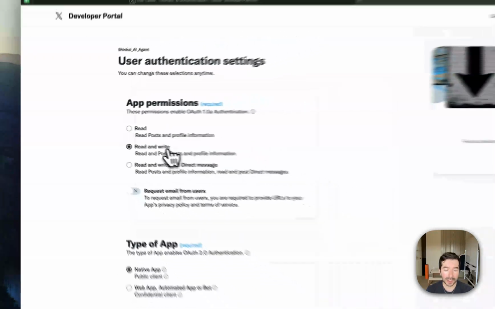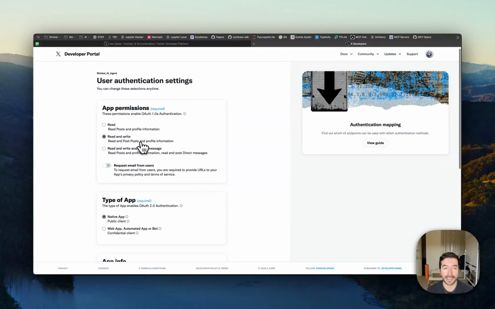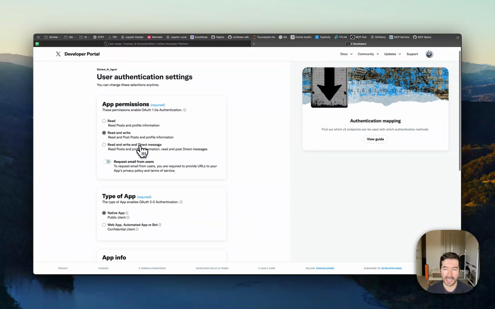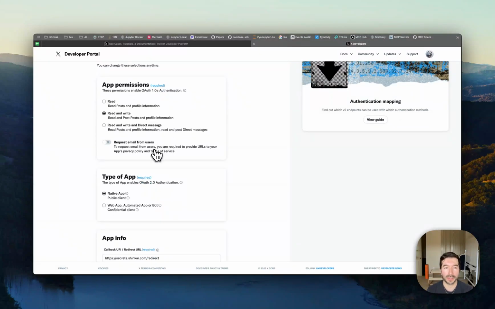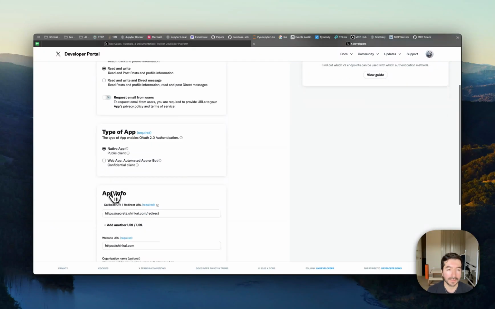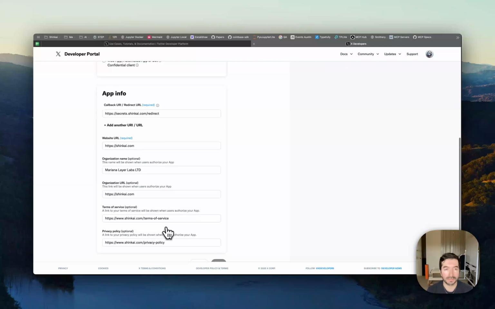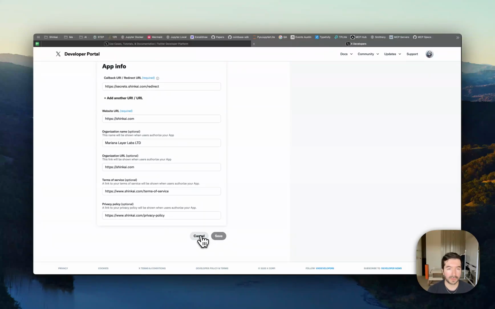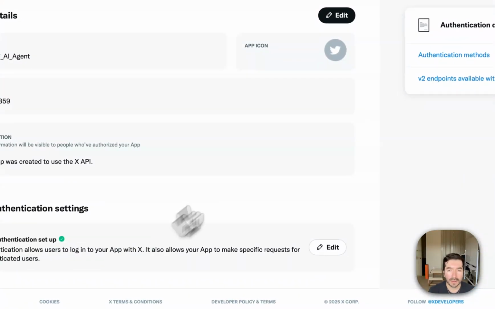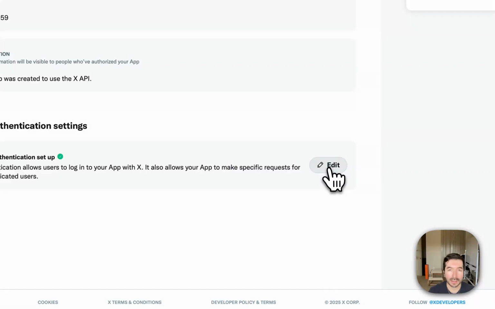In app permissions, we need to do read and write. You need to pay a lot extra to have direct messages, so we are not doing that one for now. Native app, secrets.shinkai.com/redirect, and everything is very straightforward. Okay, so now we are going to see